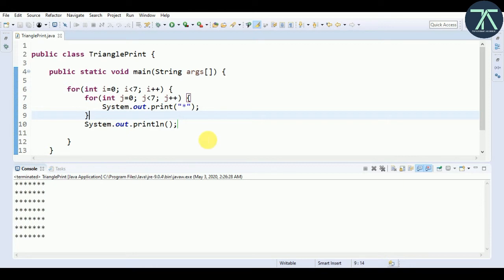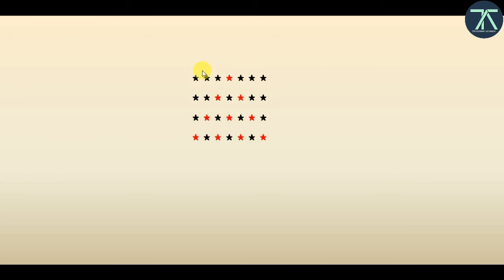Great. Now we'll see how to print the pyramid in Java. Before that I want to show you something. In this image we have the pyramid shown in red stars. The pyramid has a height of 4, that is, 4 rows are present over here.